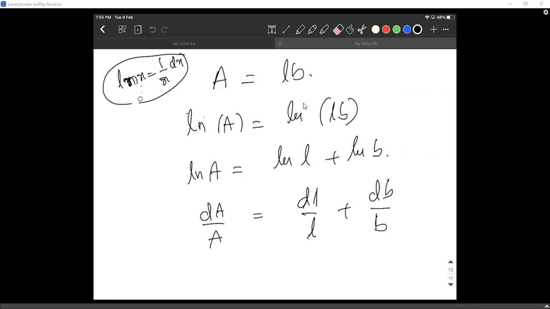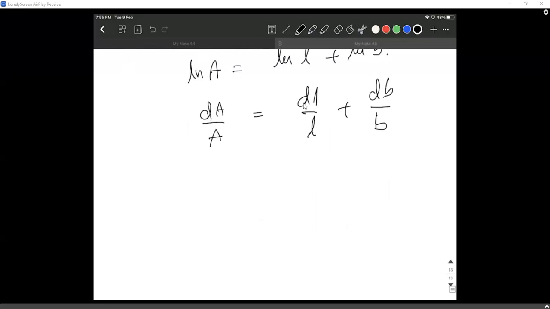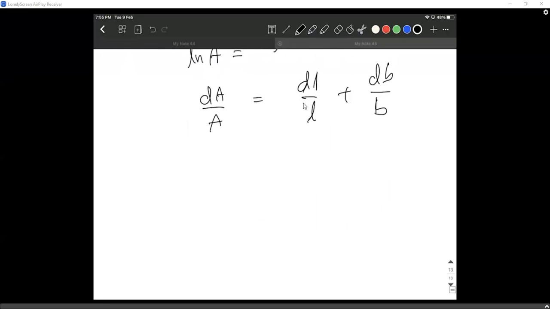I hope you all know this part. If you don't know this part, please raise your hand. I will try to explain this part. Differentiation of log x can be written as 1 by x. This dx comes from this side basically. So I differentiated it. Here I'm going to convert this. This is the part where I'm going to make a small approximation.